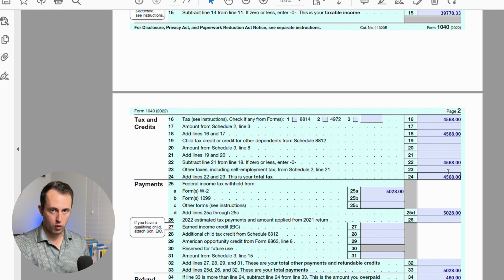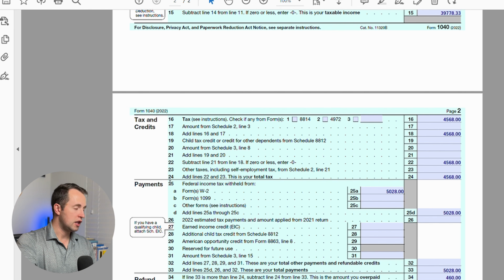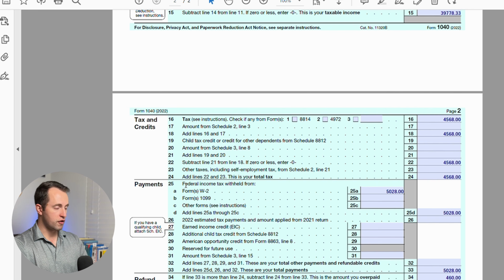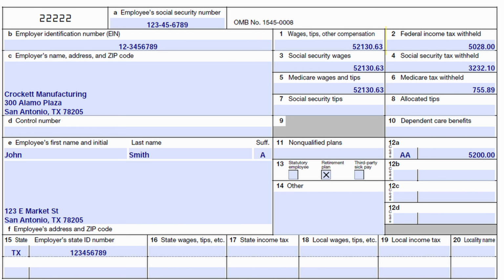into line 24. And the next section we're going to get to is going to be dealing with payments. Line 25, this is going to be the federal income tax withheld from A, your Form W-2, which is the most common method that most people have to deal with. So you're going to go over your W-2, see how much federal income tax was actually withheld, copy and paste